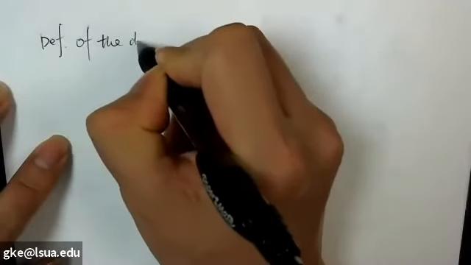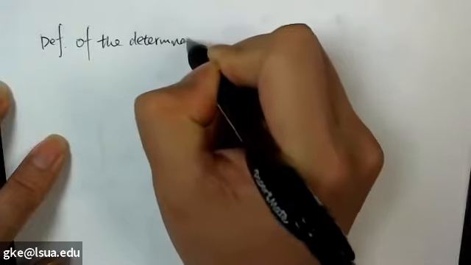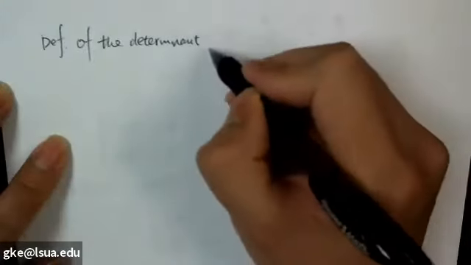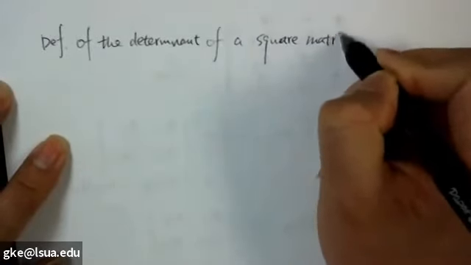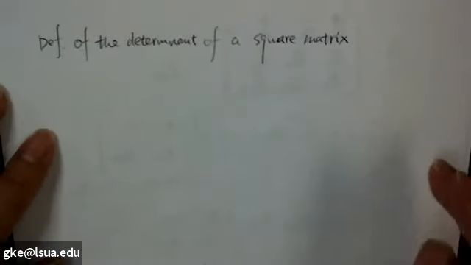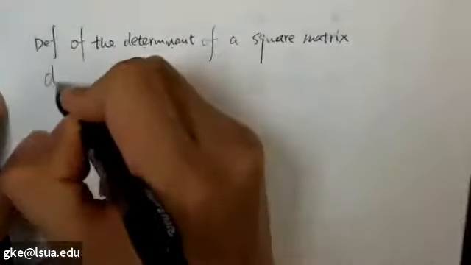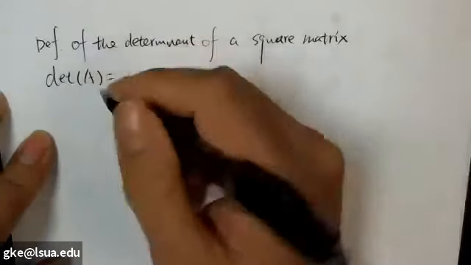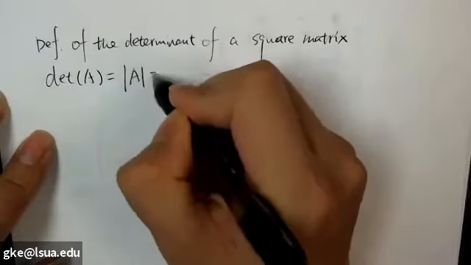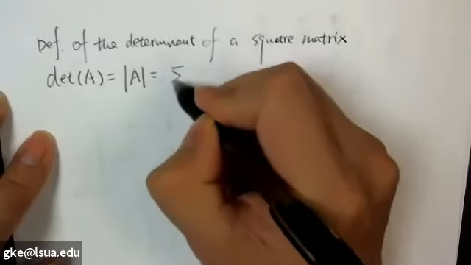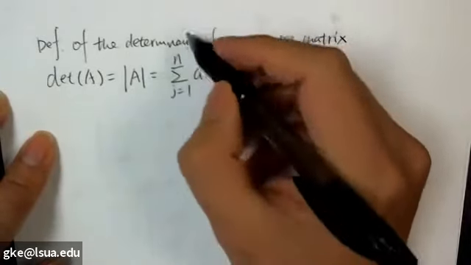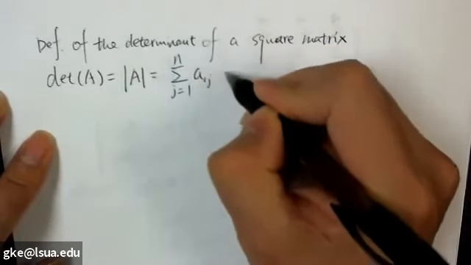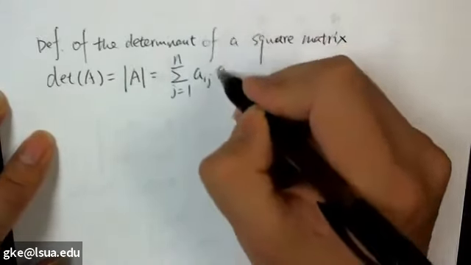Definition of the determinant of a square matrix. Determinant of A, with entries a_1j and cofactors C_1j,